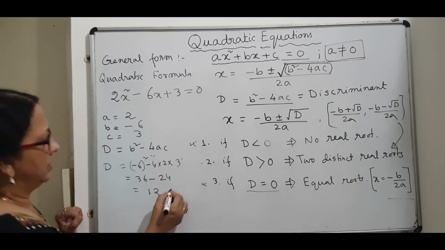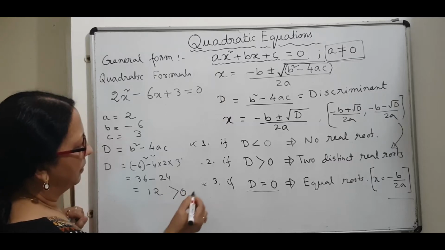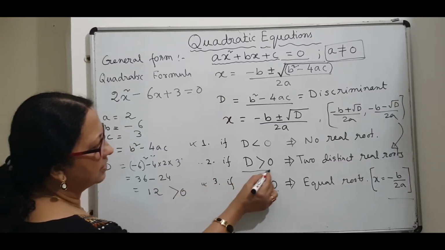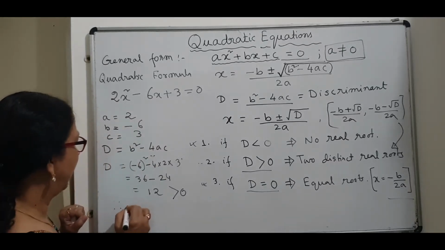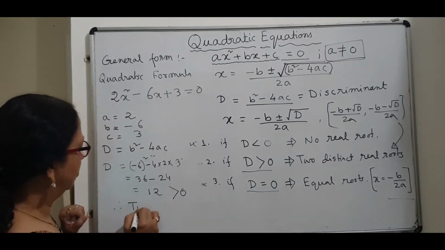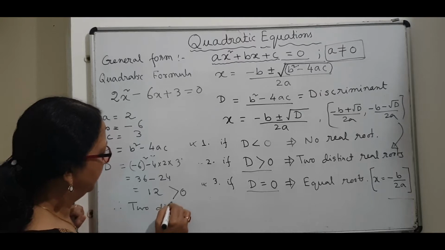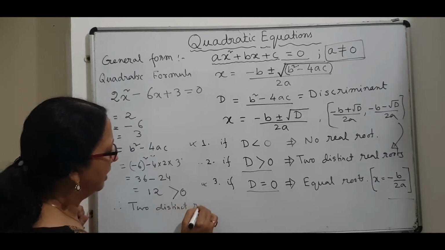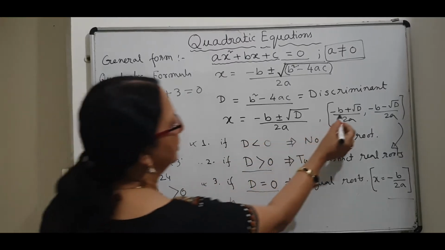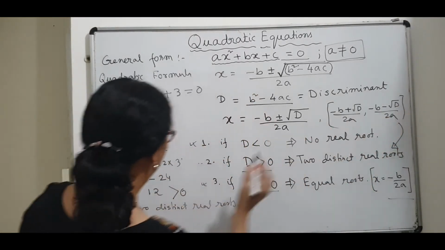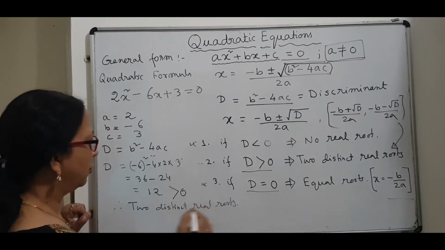D is 12, so it is greater than 0. So the second condition, that is if D is greater than 0, it will have two distinct real roots. So we say the nature of roots is that this equation will have two distinct real roots. And what will be the value of these two real roots? So I can write the real roots are